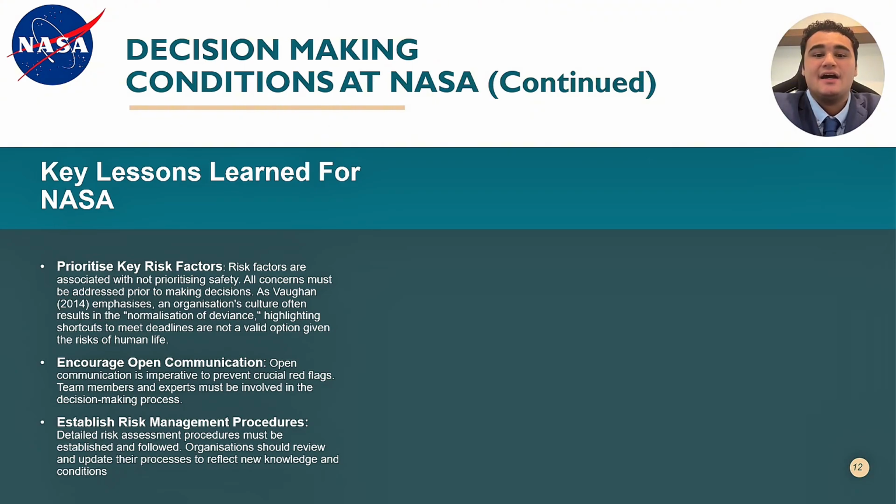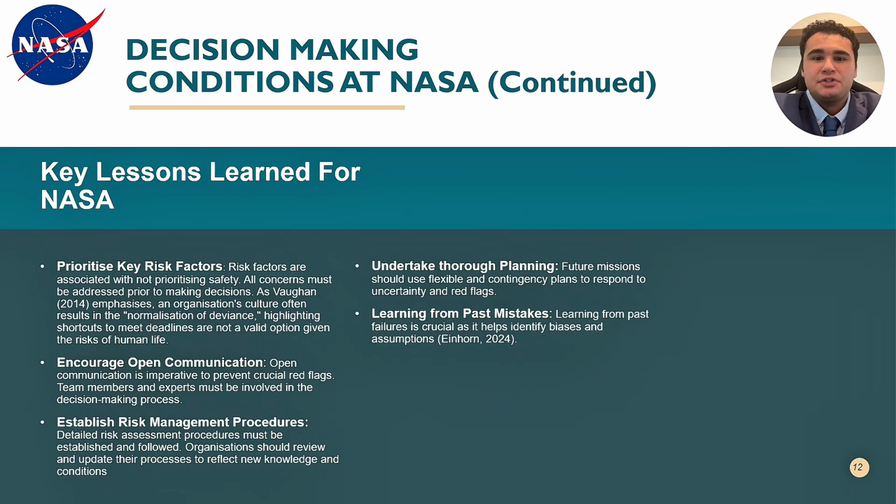Organizations should review and update their processes to reflect new knowledge and conditions. NASA found that comprehensive risk management was necessary post-Challenger. Future missions should use flexible and contingency plans to respond to uncertainty and red flags. NASA needs to be ready to adapt to the challenges of space travel. Learning from past failures is crucial as it helps identify biases and assumptions. NASA established an integrated review process for risk assessment post-Challenger and Columbia, but ongoing evaluation is necessary to prevent similar